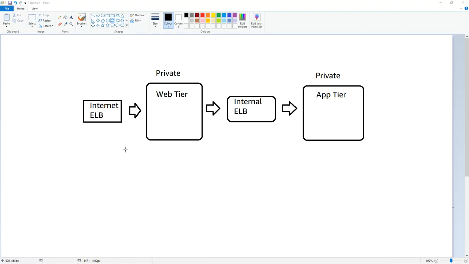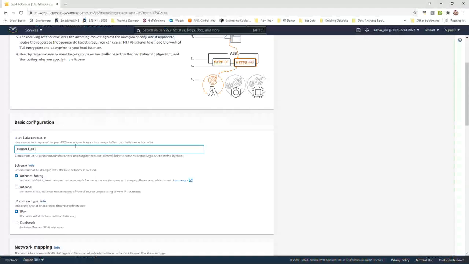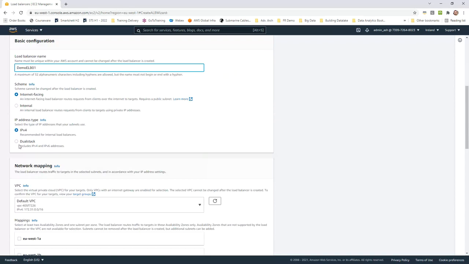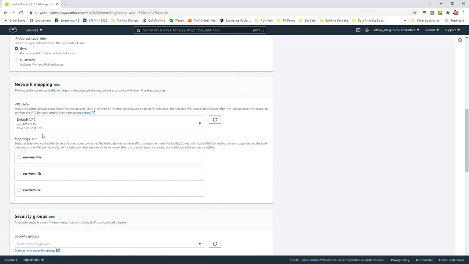So this is what my internal load balancer is. Let me quickly go and try to create a load balancer here. I am making it internet facing. I would receive traffic on IPv4 dual stack if I have a requirement to have IPv4 and IPv6 both. And here I would say which VPC I would be forwarding traffic into. So this is a construct which exists within a VPC. You can't say I won't be requiring a VPC. VPC is a mandatory thing.